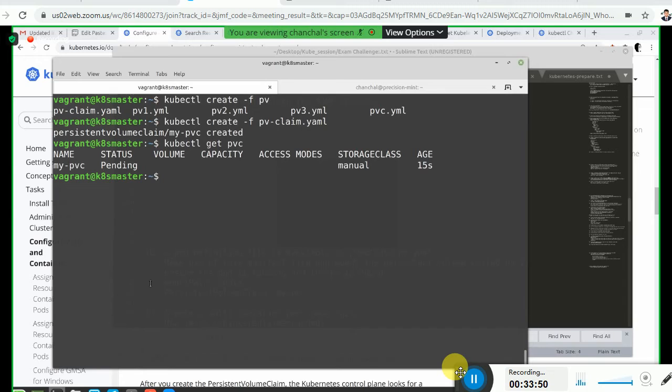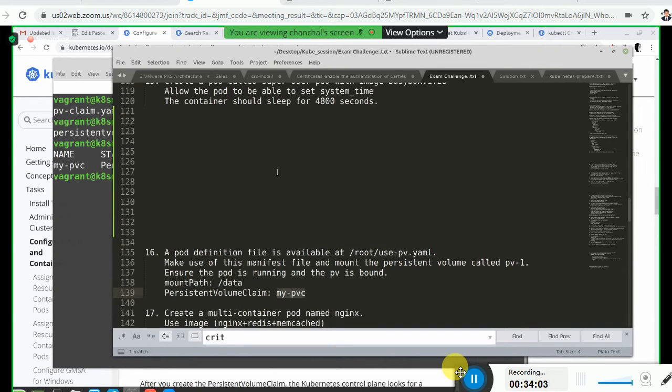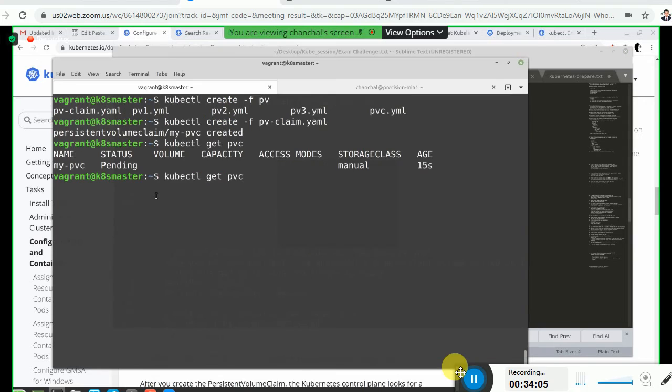Pending. So something is wrong. That means some part, volume capacity, something is wrong in our PVC itself. Okay, so which does not match with the PV.